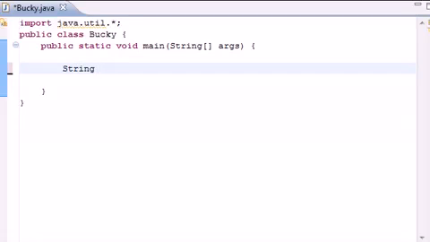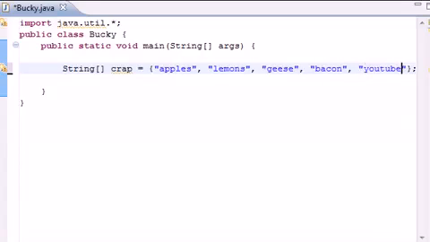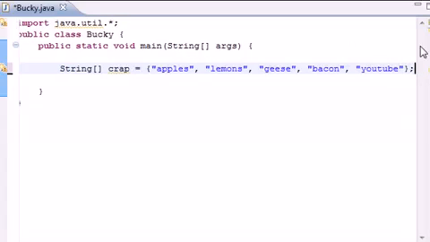So let's go ahead and make a string array first, and I'll name it crap. And let's just fill in 5 things maybe. So let's first put apples, lemons, and it doesn't matter if you spell it right or wrong, geese, and don't ask me where I'm thinking of this stuff, bacon, and YouTube. So you try to think of 5 things fast, and anyways, like I was saying,